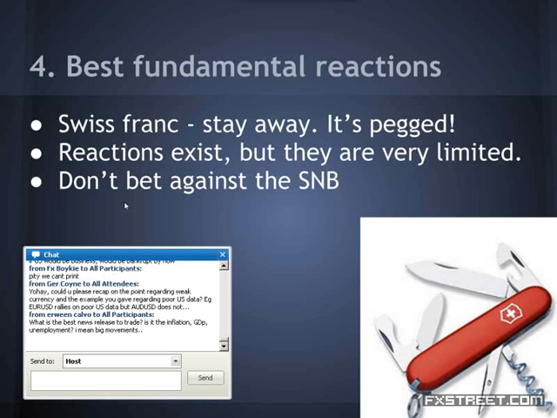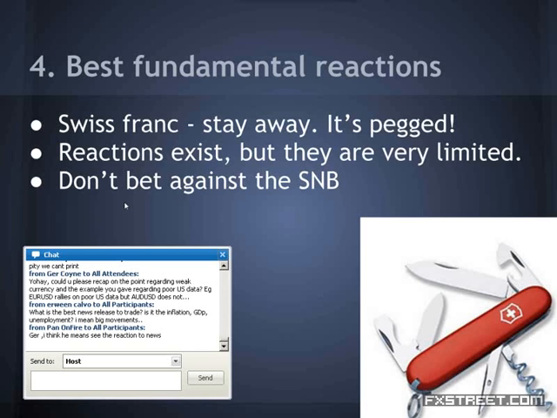What's the best news release to trade? Is it inflation, GDP, or employment? Big movements come from unemployment. In my opinion, inflation has less and less influence. In the UK, inflation is higher and it has a bit more influence, but it's not that big. In the Eurozone, only when inflation fell in Germany was it an indication that the ECB would cut the rates, but usually it doesn't have a lot of impact.